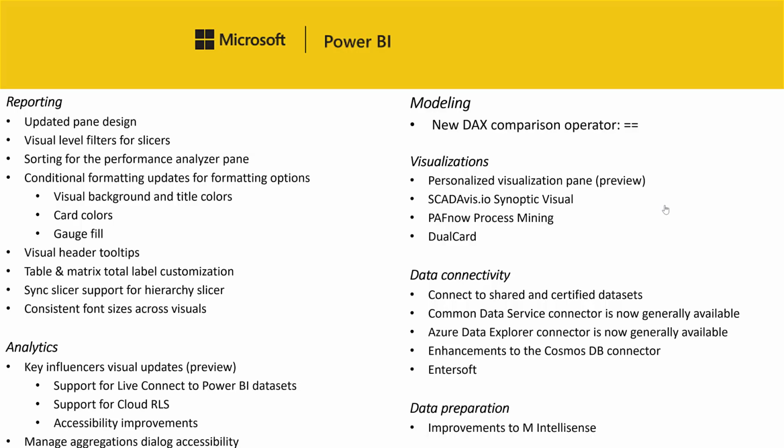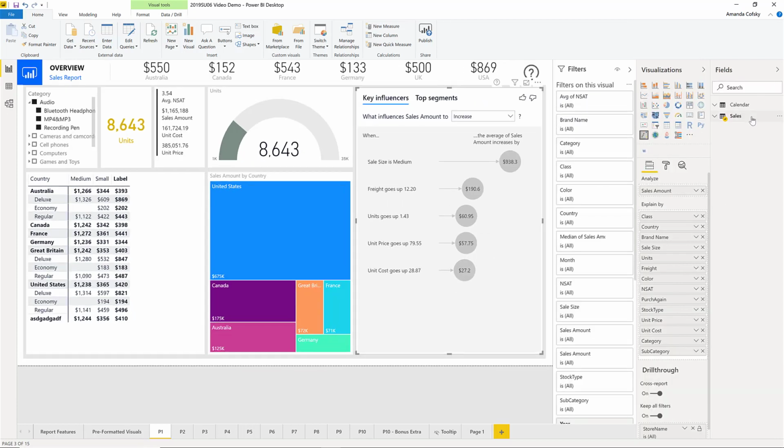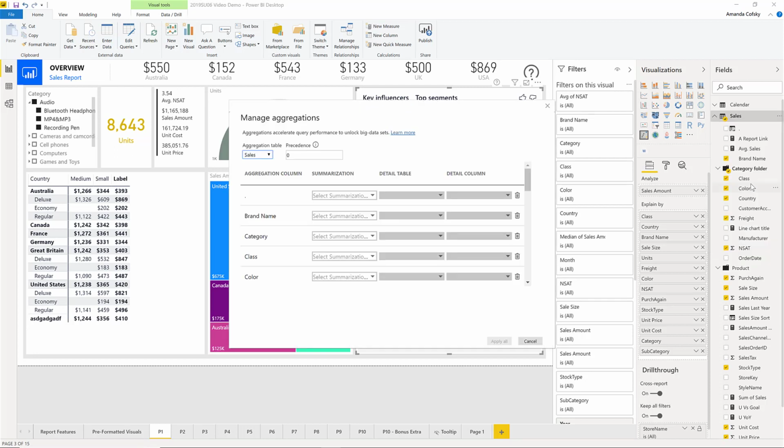Speaking of accessibility, our second feature under Analytics is accessibility improvements for the Manage Aggregations dialog as well. So if I open up the Manage Aggregations option for one of my tables, you'll see that my focus is by default on one of the drop-downs, and I can tab between each of the different components, and if I want to say set something,